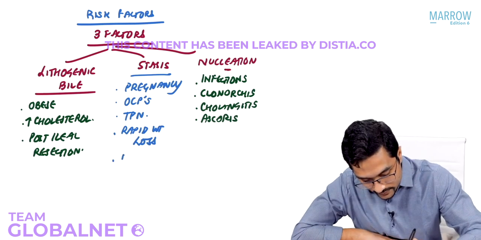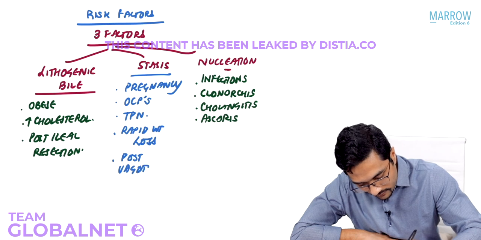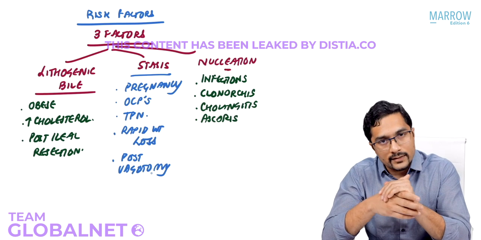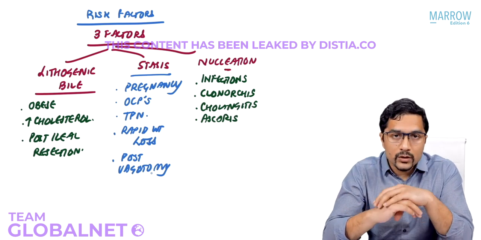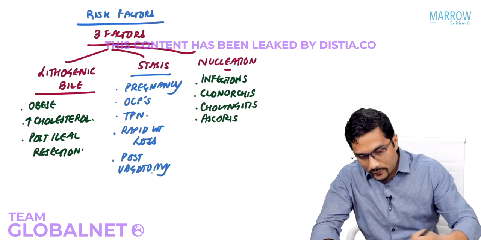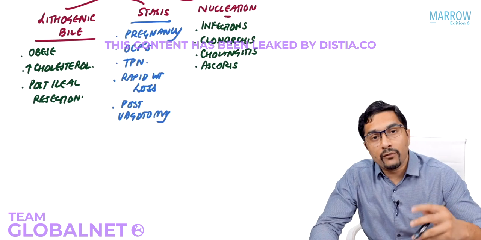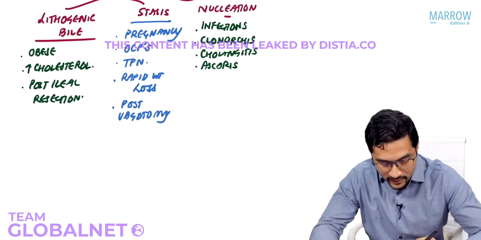One more cause of stasis which we've discussed in the gastric module is post-vagotomy. If the nerve supplying the gallbladder is cut, then there'll be gallbladder stasis. So these are the conditions which can predispose to gallstones, and we've already discussed the types of gallstones which can be there. Another thing which I want you to know before I talk about the manifestations of gallstones is that